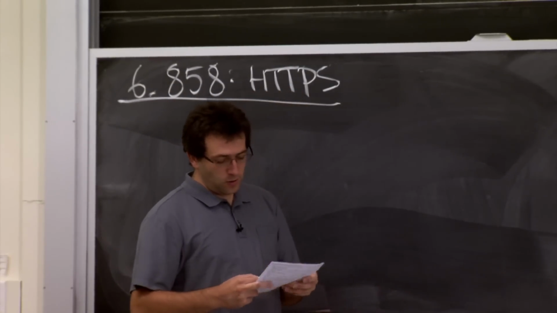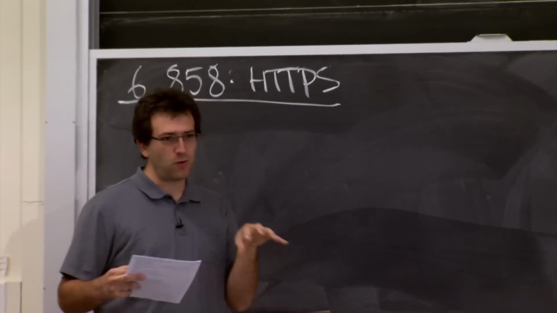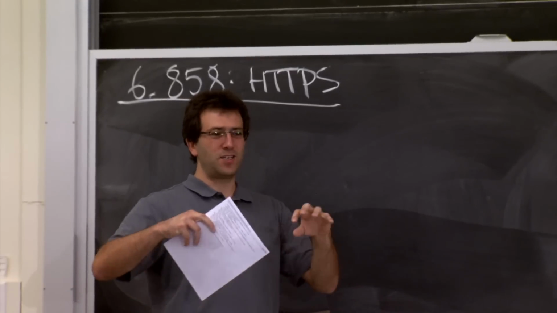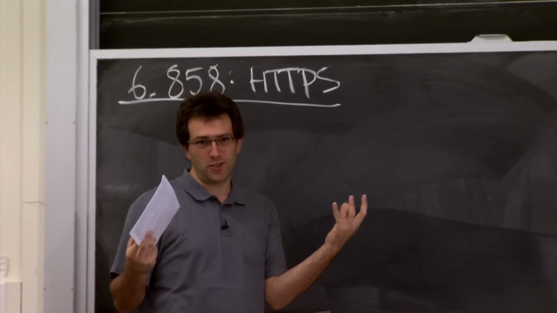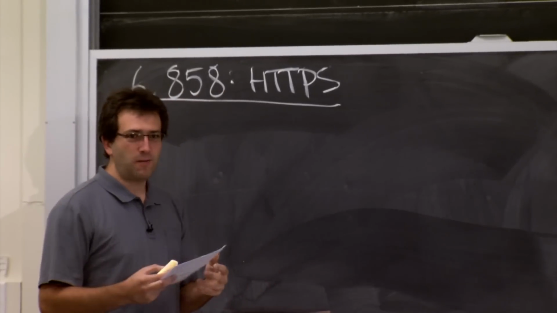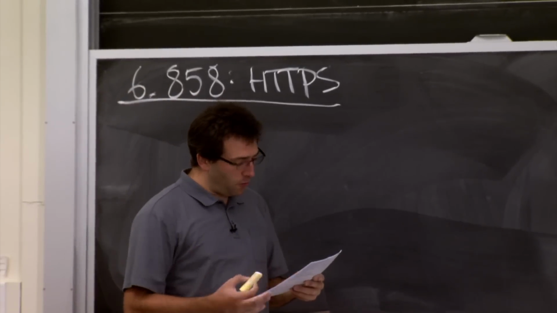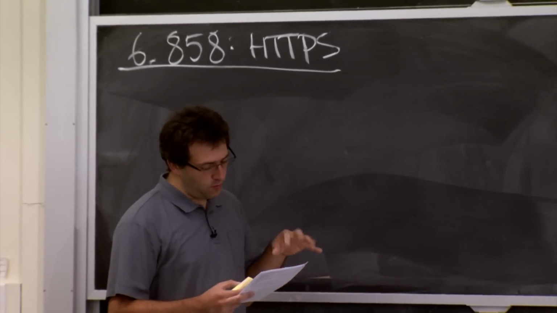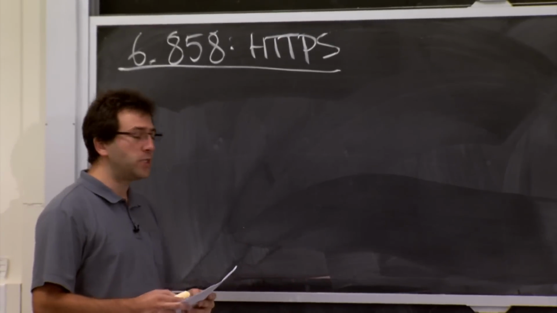And these are closely related, and it turns out that protecting network communication is relatively easy. Cryptography mostly just works, and integrating it in and correctly using it at the higher level in the browser is actually the much trickier part of how to actually build a system around cryptography. All right, so before we dive into this whole discussion, I want to remind you of the cryptographic primitives we're going to use here.